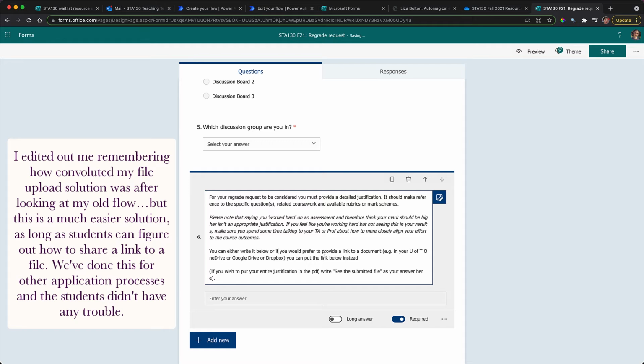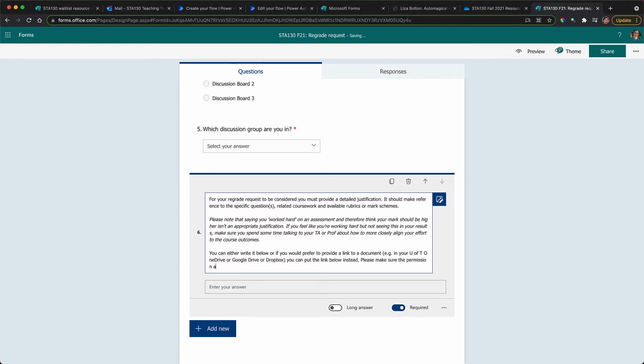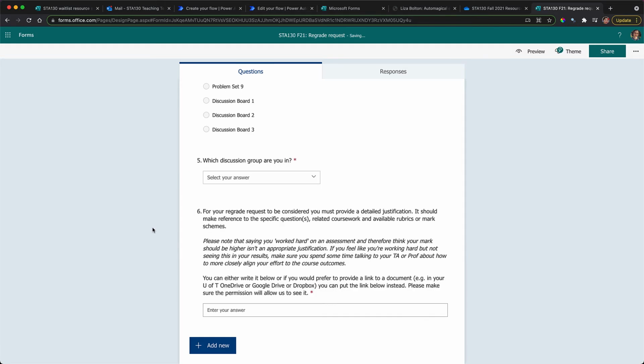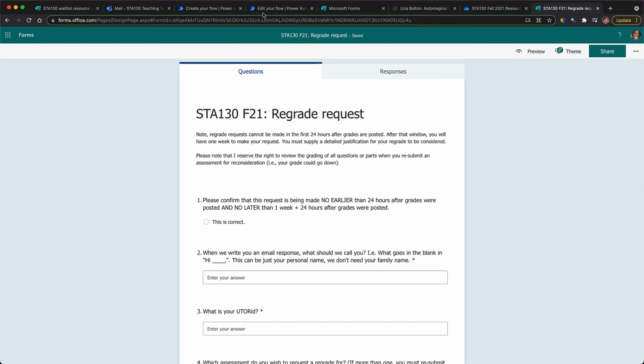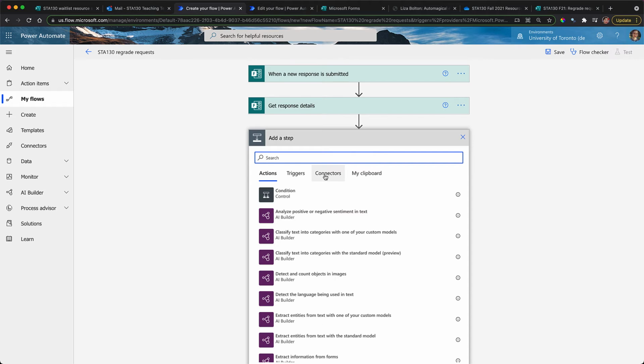if you would prefer to provide a link to a document, e.g. in your U of T OneDrive or Google, you can put the link below instead. And then I might just add a caution, please make sure the permissions will allow us to see it. Cool. So now it's a slightly simpler question, and to make a slightly simpler flow, I can now just say,